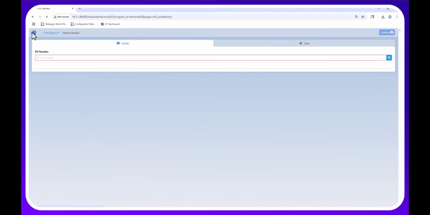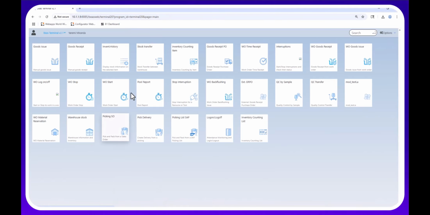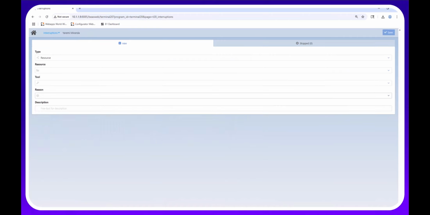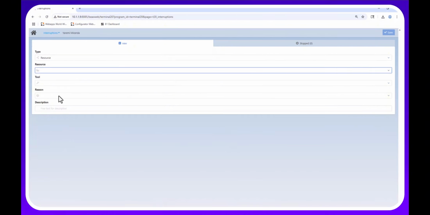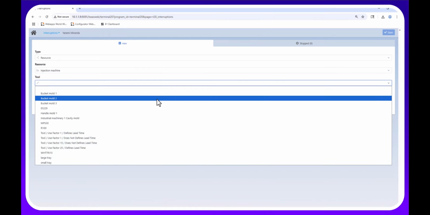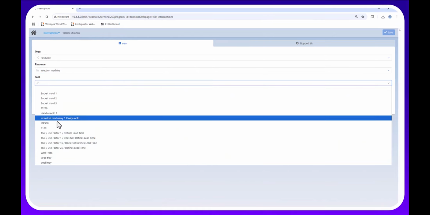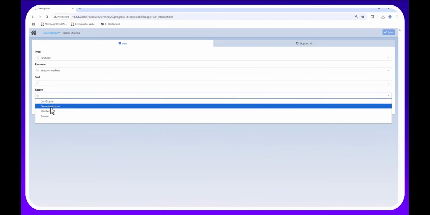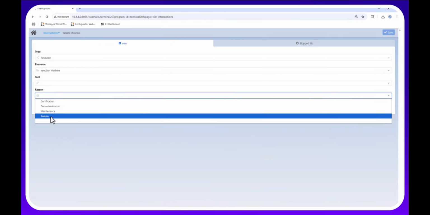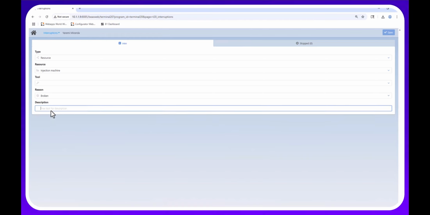Here we're doing our sales order flows and everything, but as you can see, we've got other tools at our disposal. But I'm going to keep it extremely simple, like the interruptions, for example. You can keep your interruptions where you can select your resources, a tool, whatever it may be, and you can say, hey, my injection machine has a specific issue or whatever it may be, or the tool has an issue, and you can define a reason. Maybe a certification, documentation, maintenance broken. You can define your reasons and basically create some